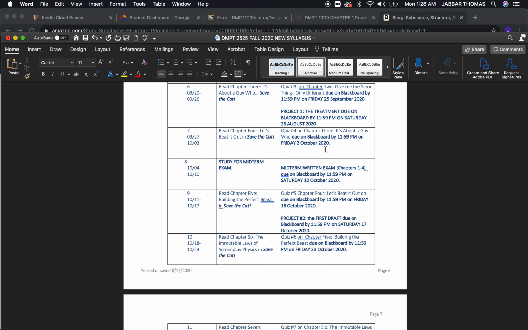But the idea is that you might want to keep your screenplay in the lower to moderate budget area. Basically, what you want to do is write a screenplay that you can actually afford to shoot. And I know at this point, you may not know exactly what it takes to shoot a film.